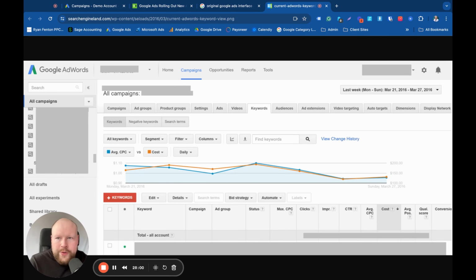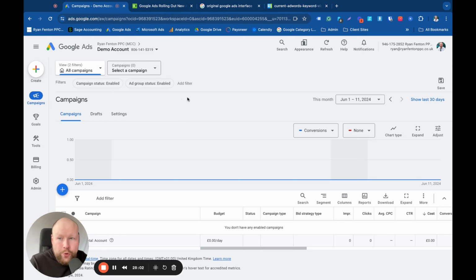So fast forward to where we are now. I think this new one, it's easier on the eye. It's easier to consume the information. And this is the thing, is that,